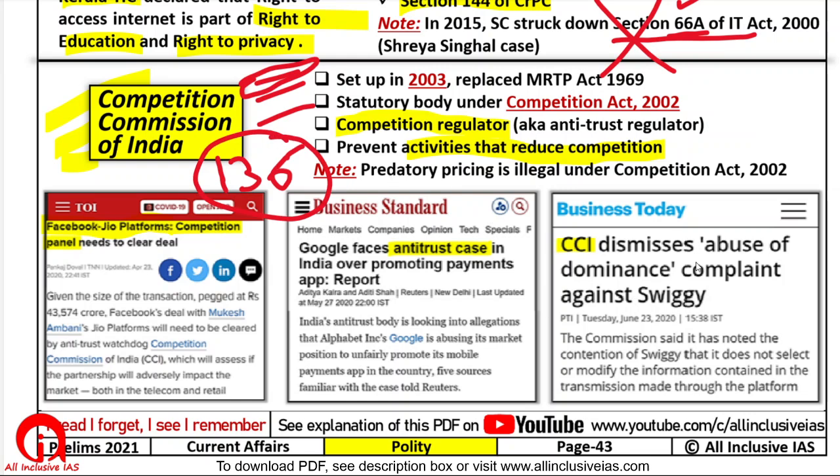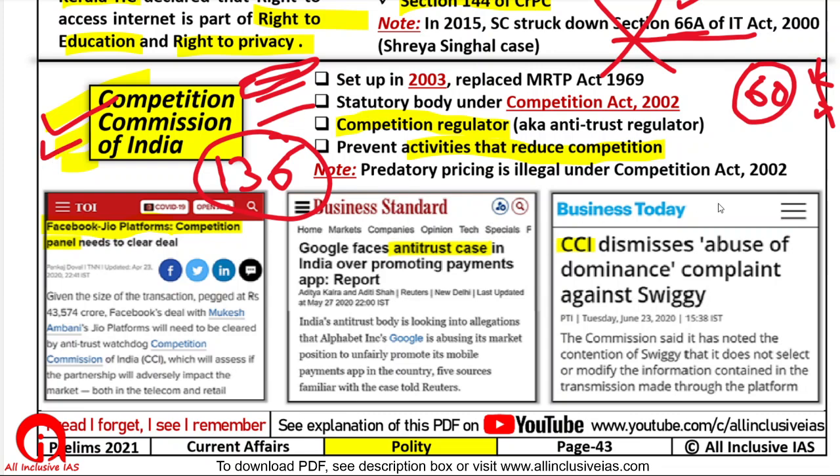So basically see, the thing here is that tomorrow Jio becomes quite big. Suppose Jio gets, let's say, 60% market share and Vodafone Idea and Airtel are quite small, ठीक है? Now obviously when Jio is controlling 60% of the market, and suppose it takes any steps which are at disadvantage to Airtel or Vodafone, which may force these companies to close down or which may exploit the customers, then in that case Competition Commission of India can take action, ठीक है? So it's a very powerful body actually.